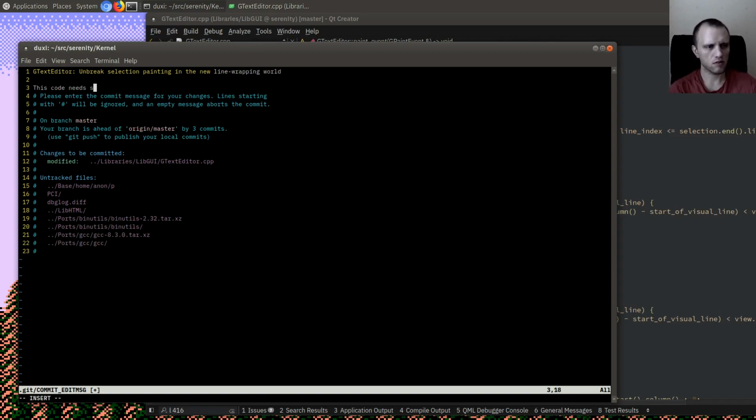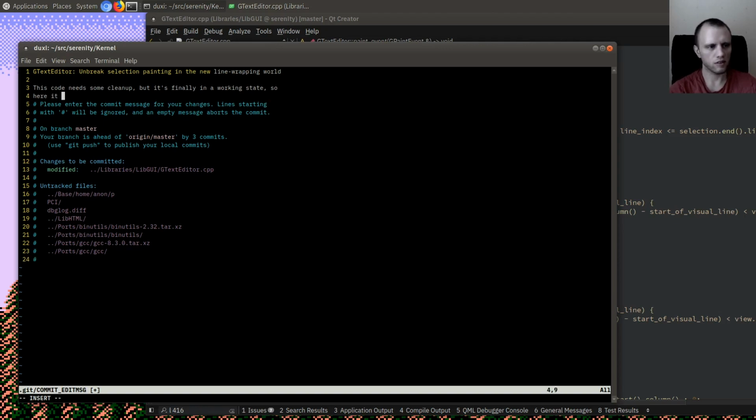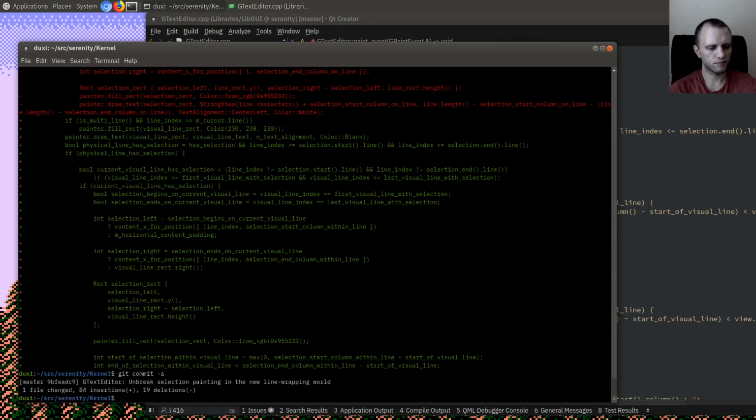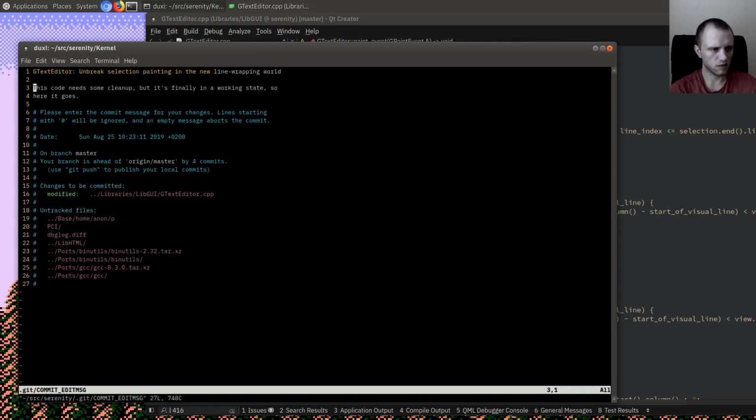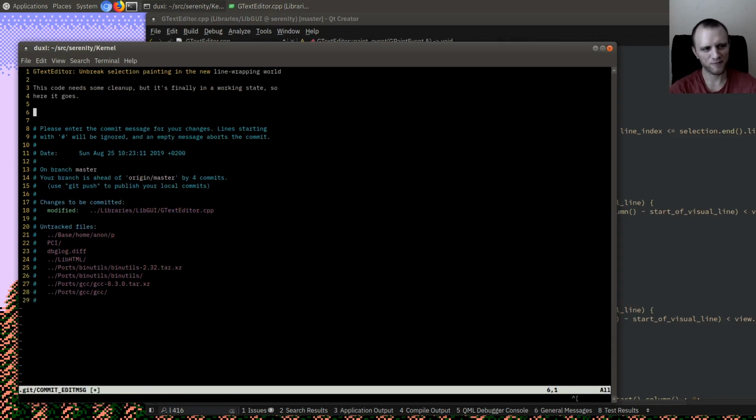This code needs some cleanup, but it's basically finally in a working state. So here it goes. Guess we can say a little bit more here. I can say that each line, each physical line is